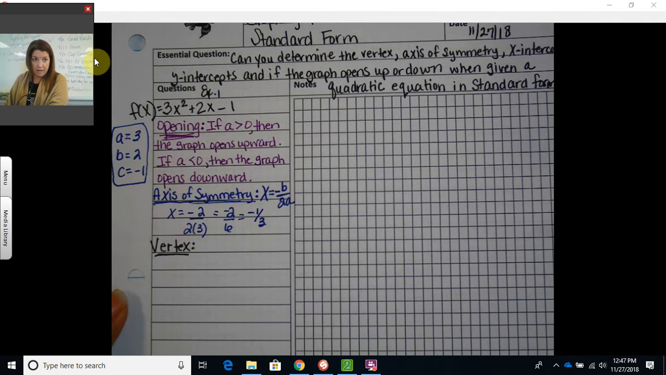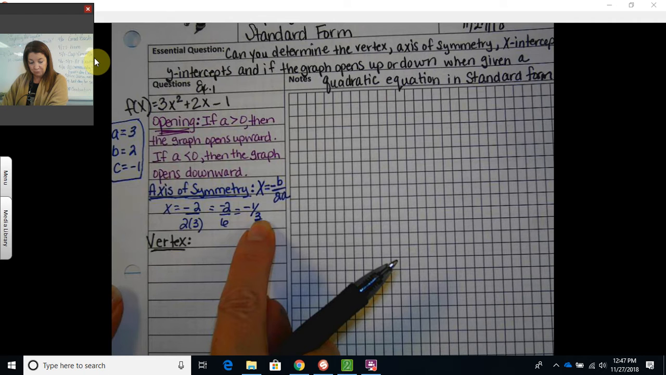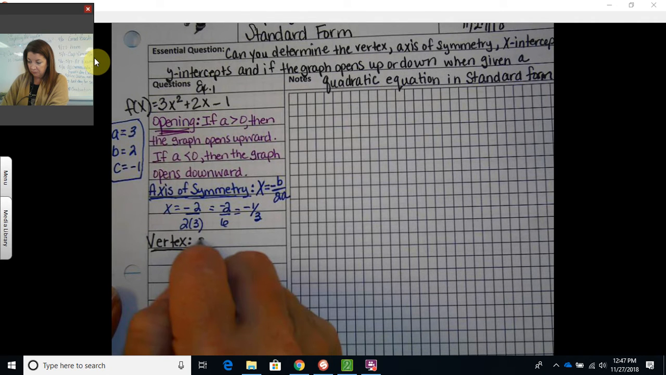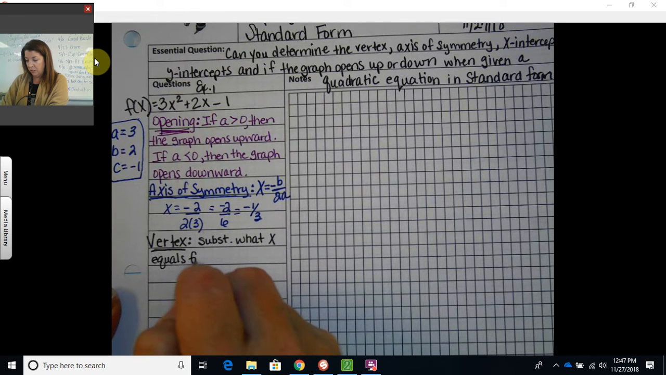So to do that, if the axis of symmetry goes through the middle of the vertex, the x value of the axis of symmetry, what x is equal to, is going to be the same as the x value of the vertex, right? So I'm going to say, okay, well, when x is negative 1/3, what is y? So what you do is you substitute what x equals